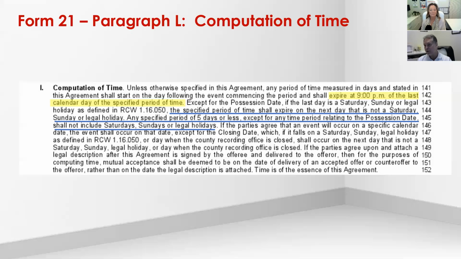Right. So oftentimes putting in a computation of time of 5 days actually turns out to be usually more days. Because of that. So 5 days or less, we do not count weekends or holidays, but any period of time more than 5 days, 6 and beyond, is going to count those holidays and not leap over anything. Great. But either way, whether it's 5 days or less or more than 5 days, if it ends on a Saturday, Sunday, or legal holiday, it's going to roll over to the next working day.